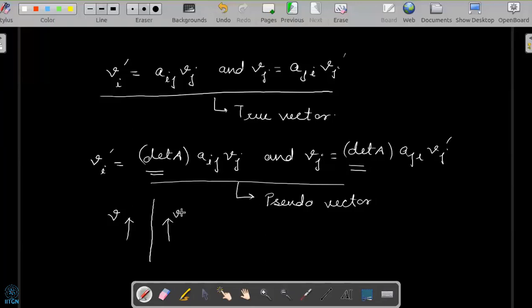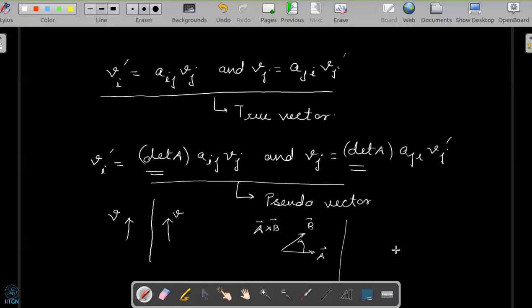But just consider another quantity, let's say the moment, or any quantity which is represented as a cross b. If you have a and you have b, then a cross b gives the direction perpendicular to this, by rotating a towards b using the right hand thumb rule, and in the mirror image